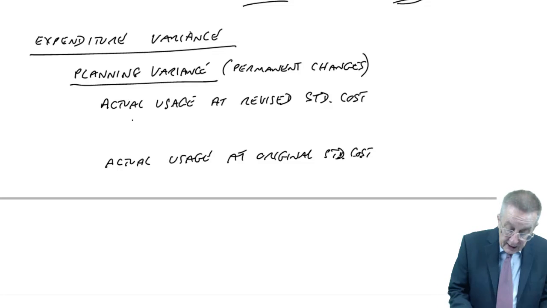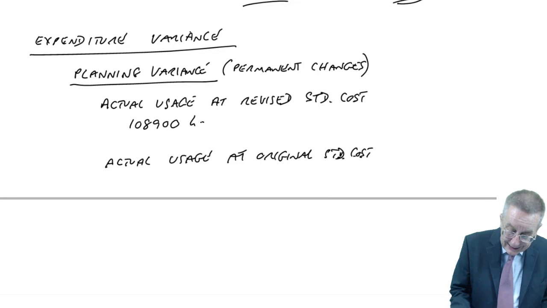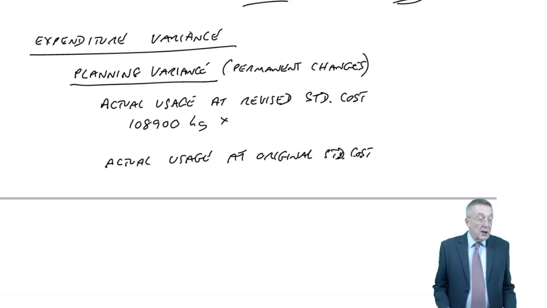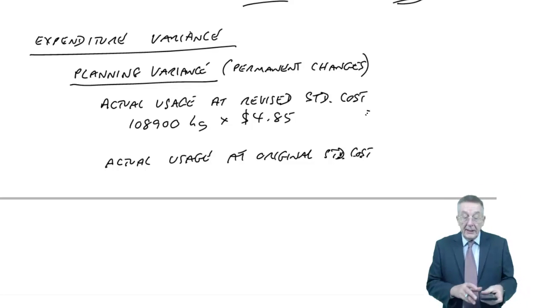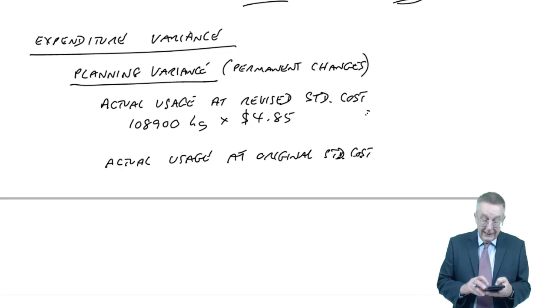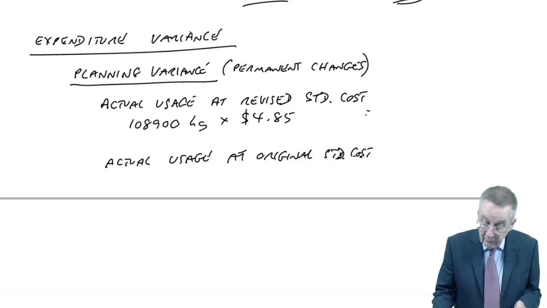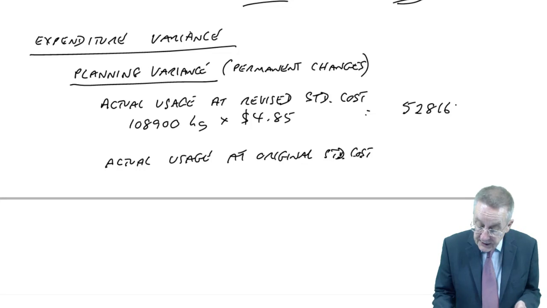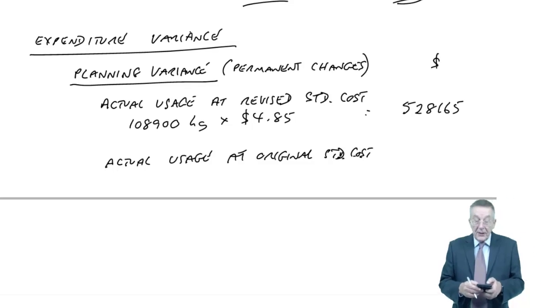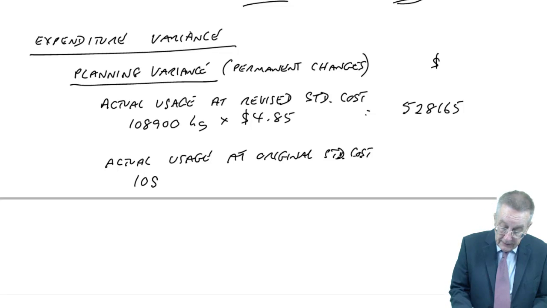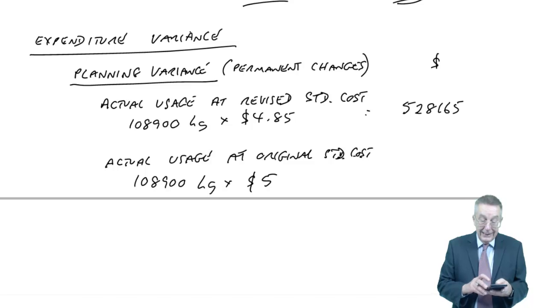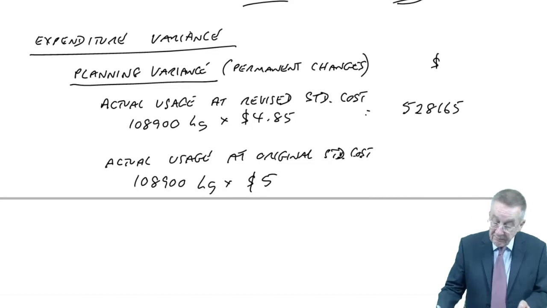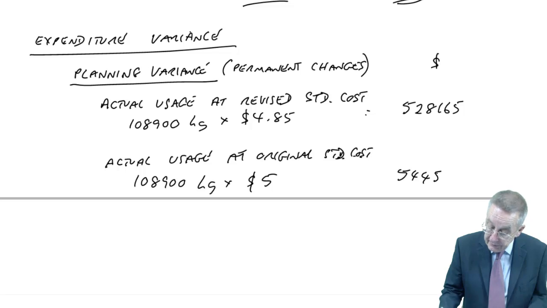So what was the usage? It was 108,900 kilos. At this new standard cost of $4.85, we would have expected to spend $528,165, whereas at the original standard cost, we expected at $5 to have paid $544,500,